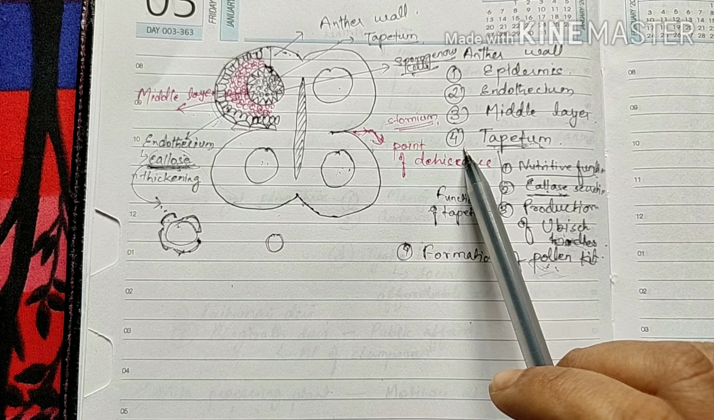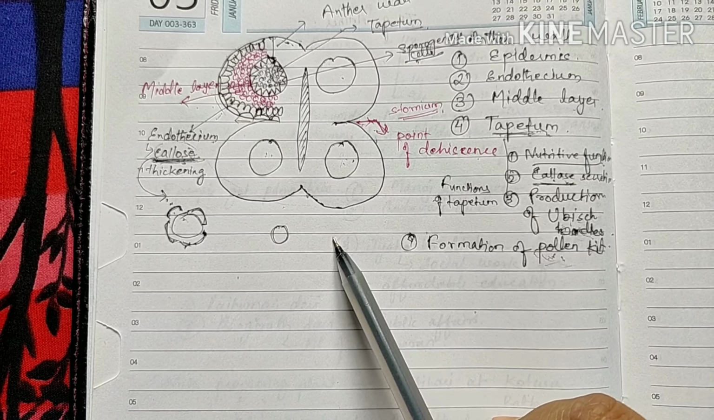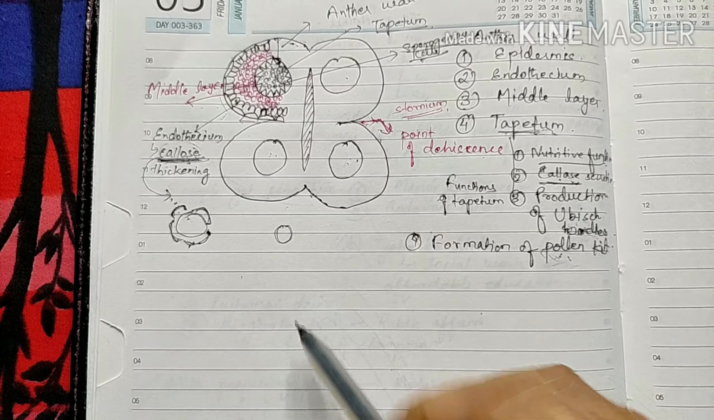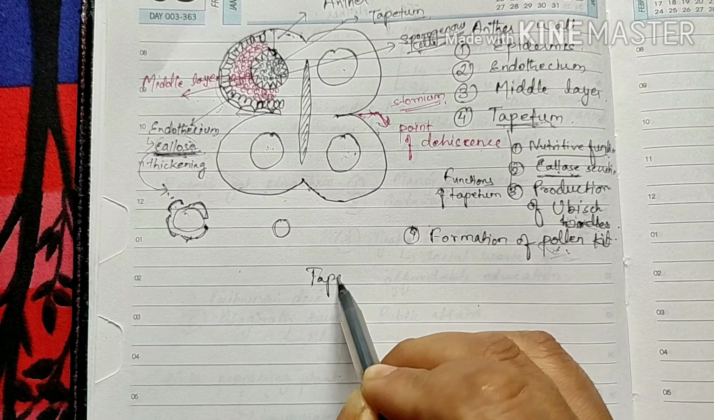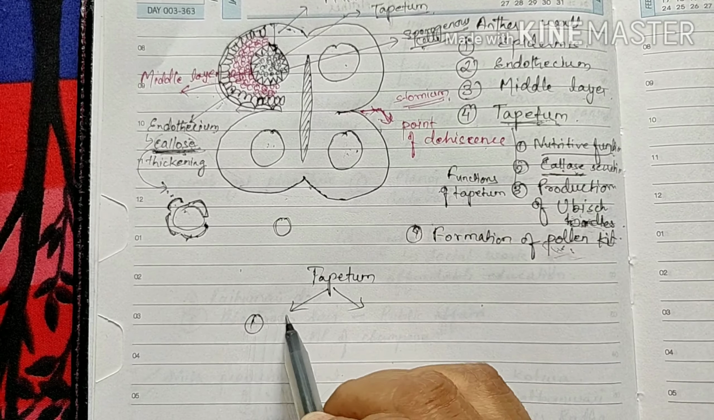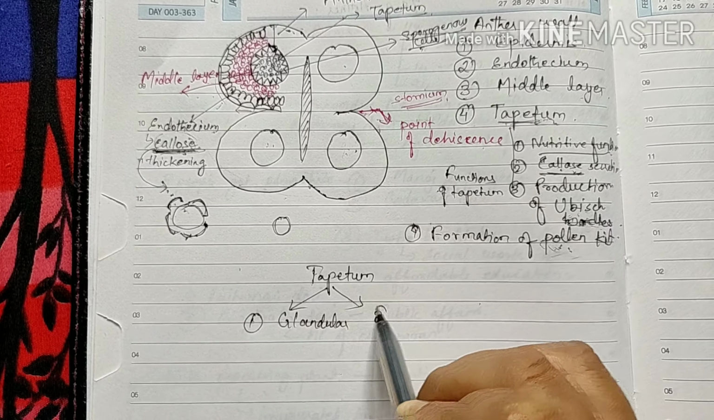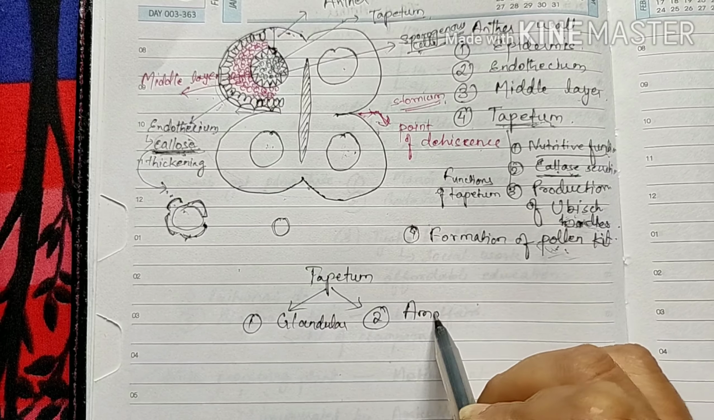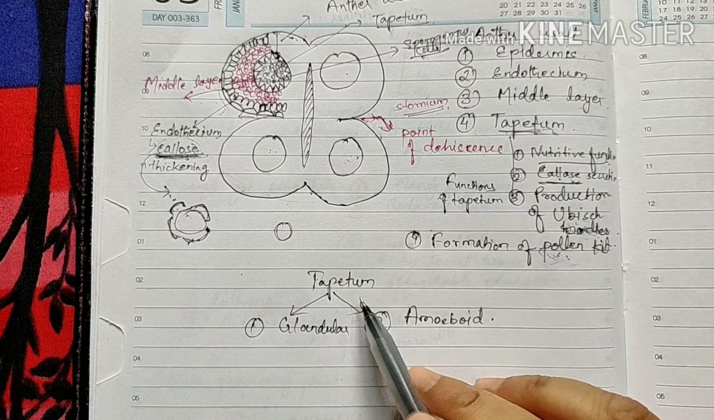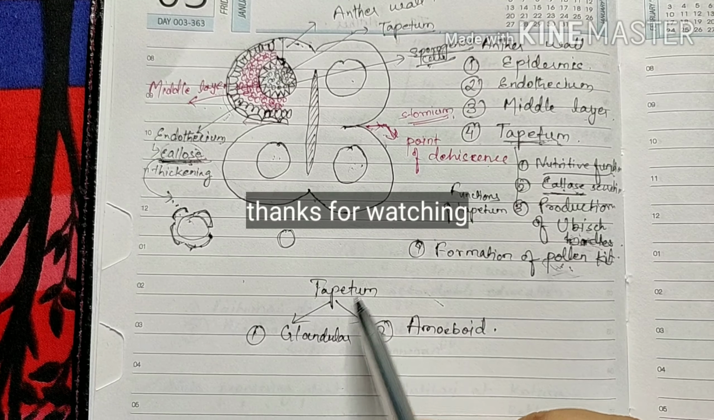of the anther wall. So the last topic of this module will be the types of tapetum. Tapetum is of two types. The first one is the glandular tapetum, and the second one is the amoeboid tapetum. This is not in the syllabus, but this will be helpful for you in the NEET exams. So types of the tapetum: